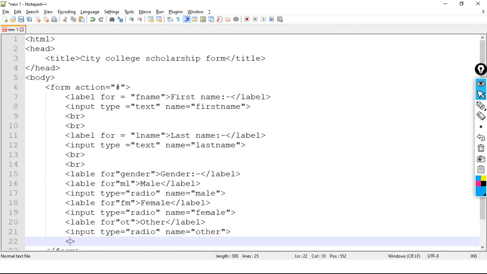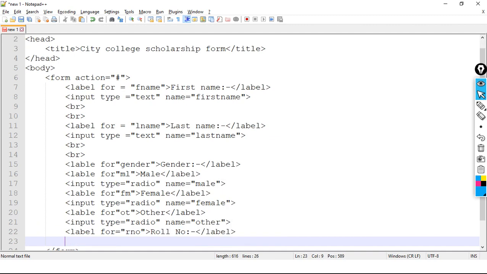Okay, so after having the radio buttons, we have a label for roll number, roll number, slash label. Roll number can be an alphanumeric value.